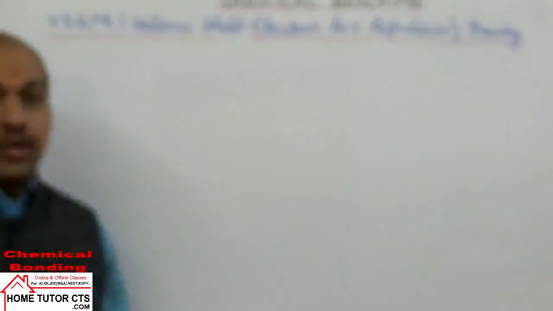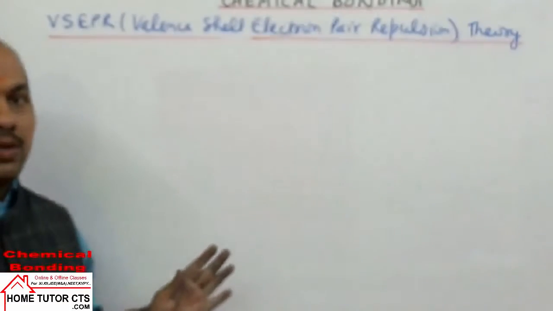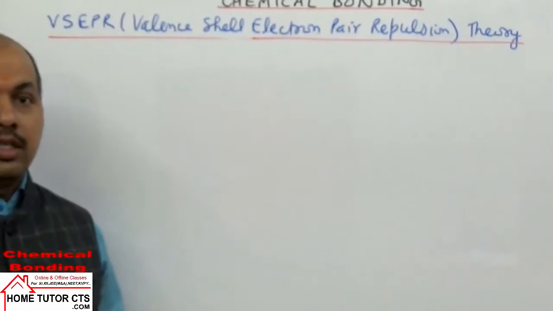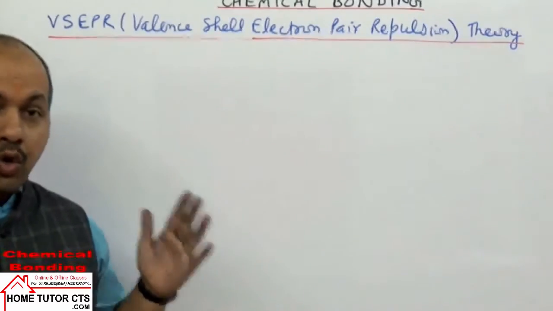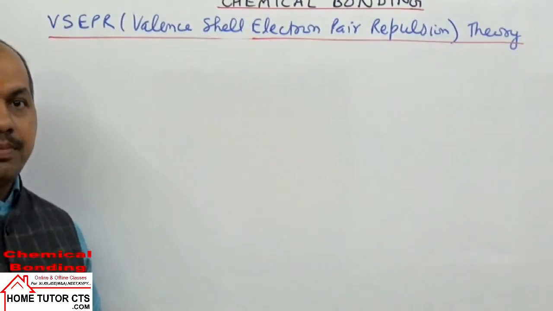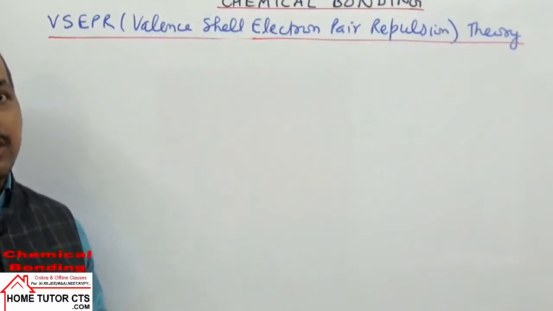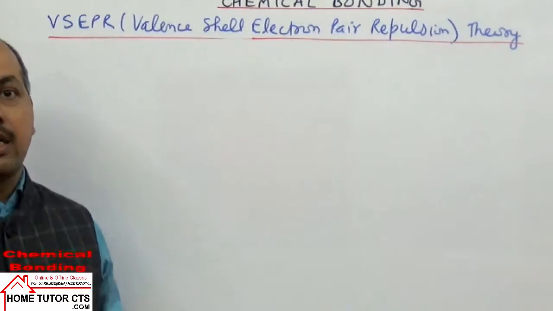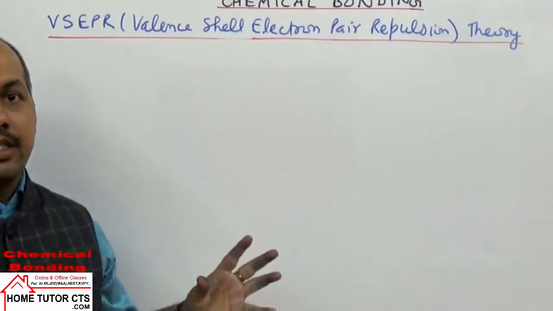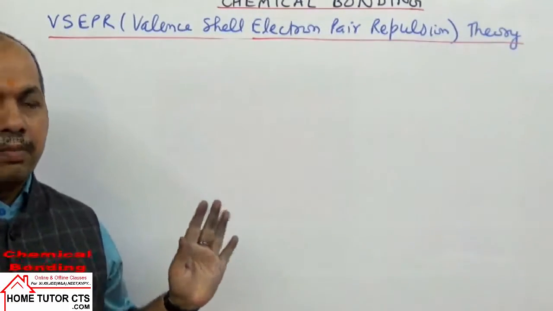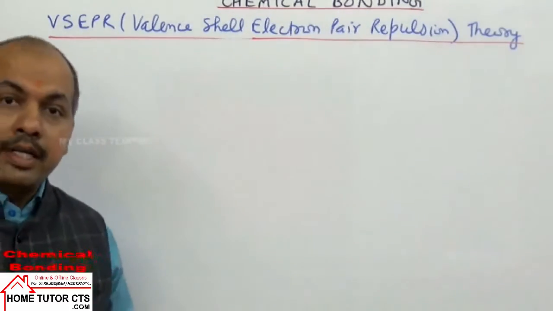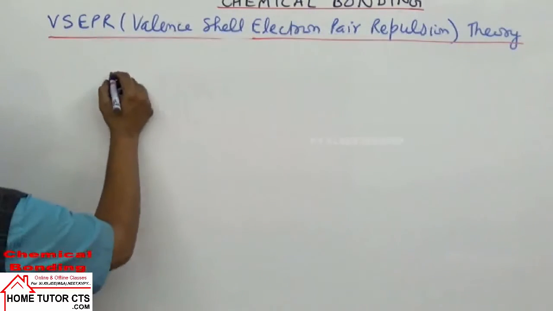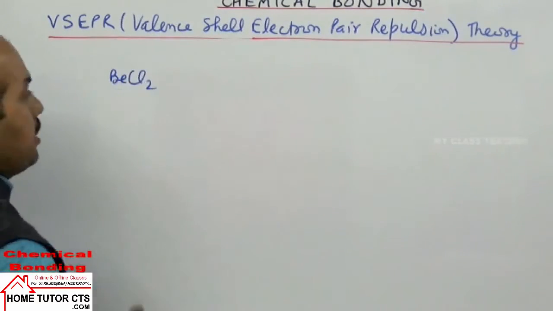Now to apply this theory for different molecules, first of all we find the value of n by 2, and then the lone pairs and bond pairs on the central atom. Then the lone pairs and bond pairs will arrange on the central atom in such a geometry that they have least repulsion, because when they have least repulsion, stability is maximum. So to apply this, I will take the first example, the molecule BeCl2.